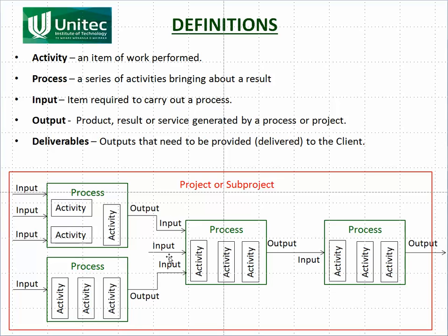Then that would go into another process. The geotechnical report and the topo map would become inputs into another process, which is, let's say, doing the design of whatever it is you're designing. So there'd be one activity looking at the reports, doing calculations and producing a design report. You can see that a whole lot of processes all string together to form a project. And as we mentioned before, the output usually at the end is the deliverable, what you're delivering to the client.